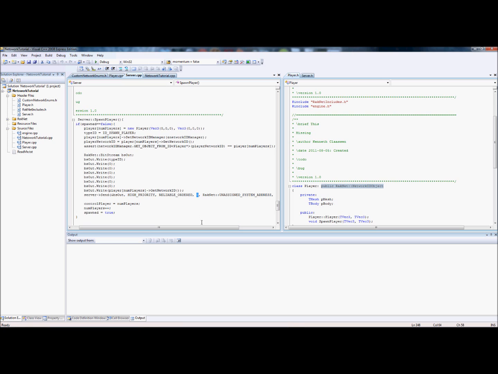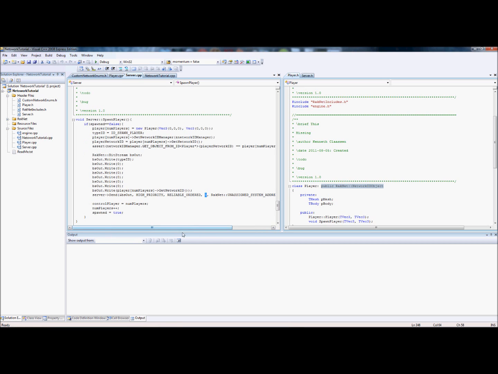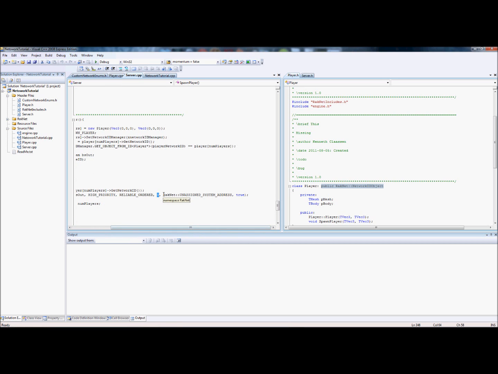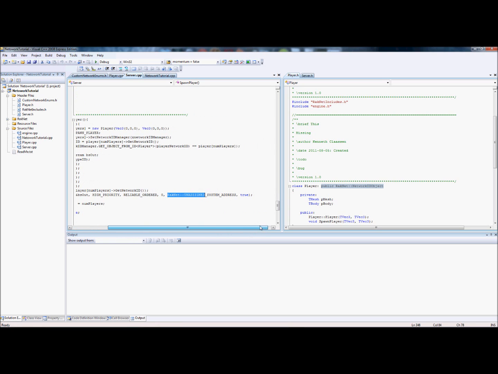This is an arbitrary 0. It's just always 0. There might be something to it, but I don't think there is. And then this RakNet unassigned system address. Now, this means yourself, basically. Unassigned system address is yourself, because you assign a system address to all the other clients or the server, but yourself you don't need to, because you are yourself. And now this true, okay, gets a bit tricky. This is saying that it's true that you're sending it to everyone except